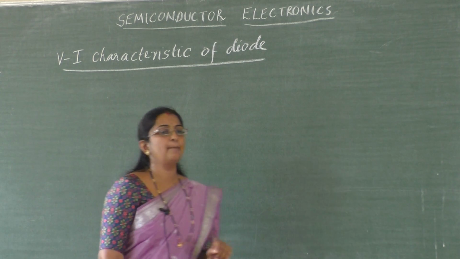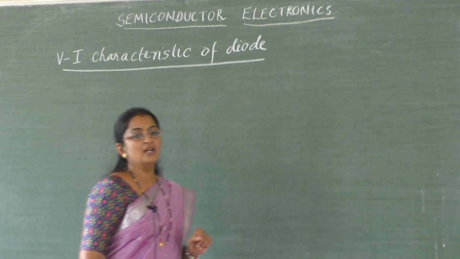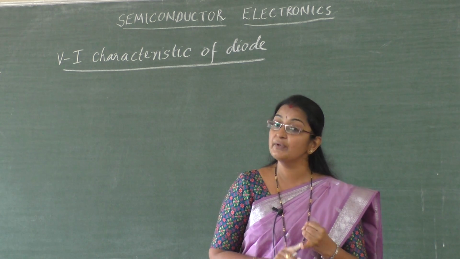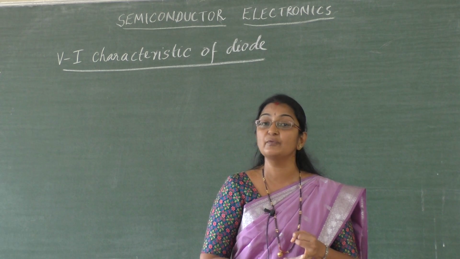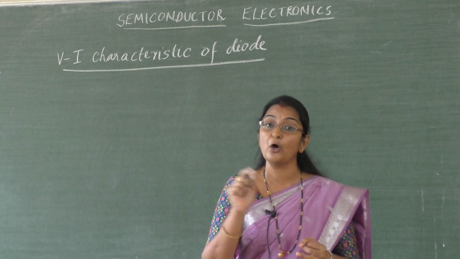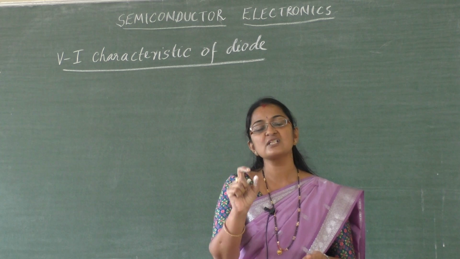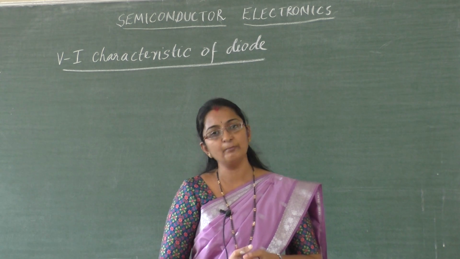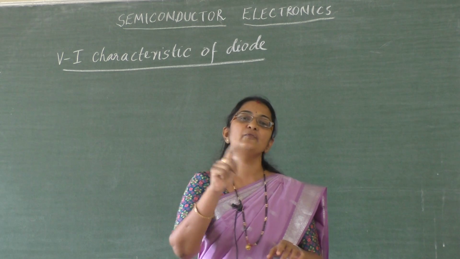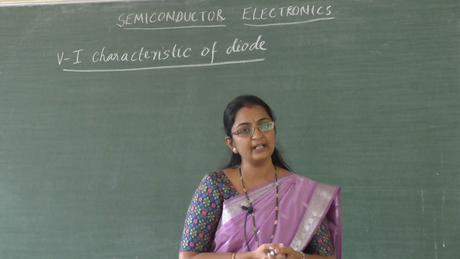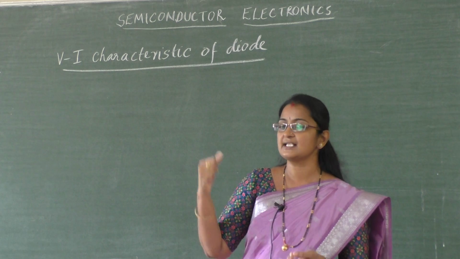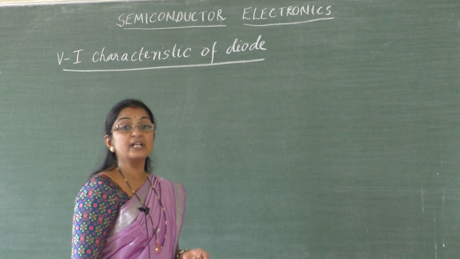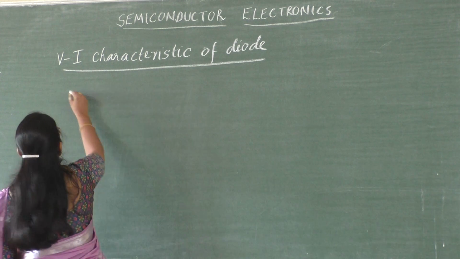Now under forward bias, how are we doing the circuit? Not only the diode and battery, here we want to measure the voltage, so we want a voltmeter. To measure the current, we want an ammeter. Since here current is of the order of milliampere, we are using the ammeter which reads the current in terms of milliamps. And in order to vary the voltage, we are using a rheostat. So students, draw the circuit diagram for VI characteristic of diode in case of forward bias.